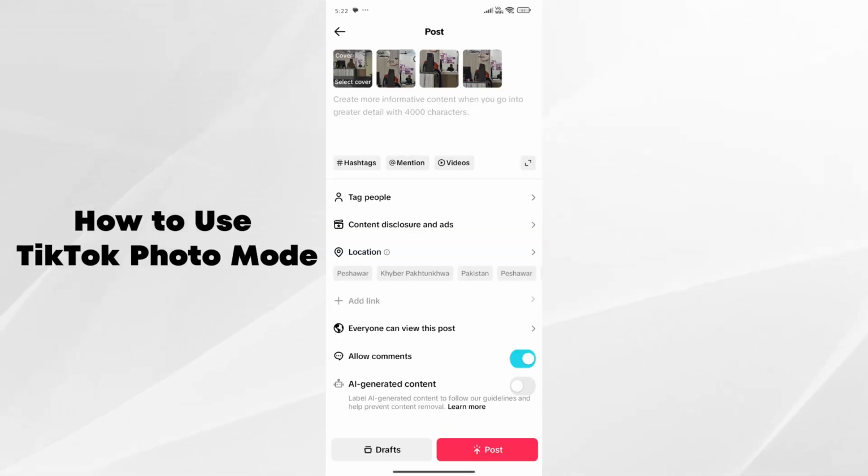And here you simply put the details about the description, or you can tag people or change location. And you can also adjust privacy. And after all, you simply click on post, and your photo slideshow will be posted to TikTok. So in this way, you can use